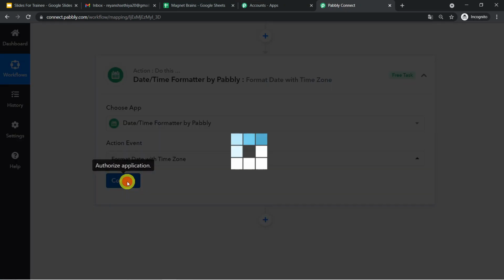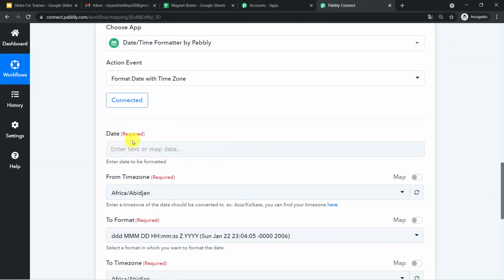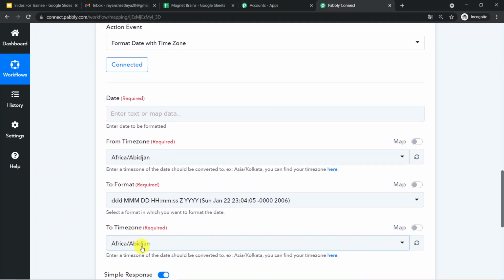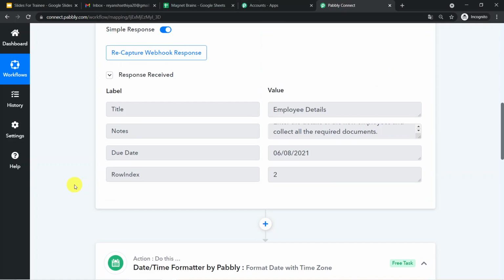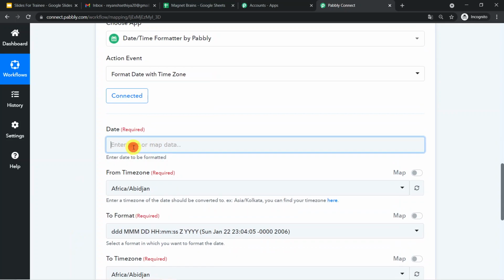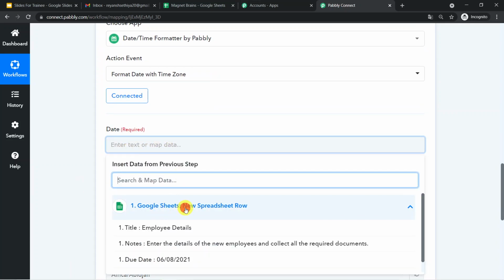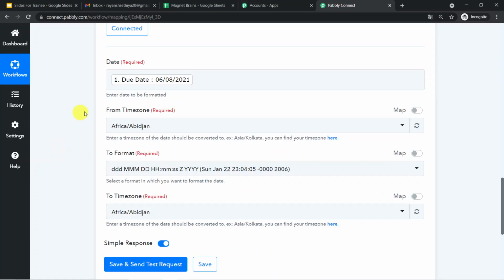Let's click on connect. Now it is asking for the date, from time zone, to format and to time zone. Here in the date we have to fill in the details which Pabbly has fetched from Google Sheets, this due date. So we are going to select this due date in our date field. Let us select Google Sheets and then select the due date. Now it is asking for from time zone.